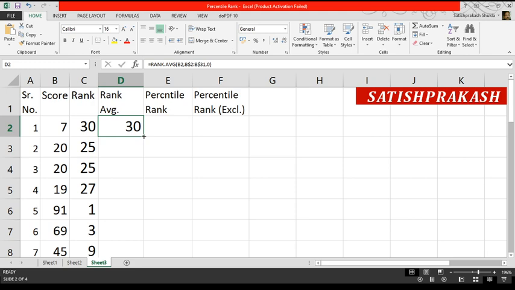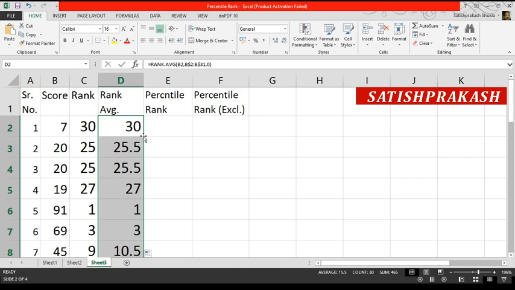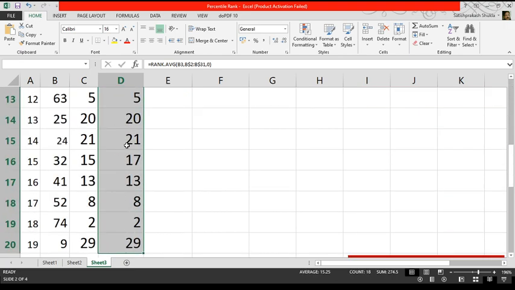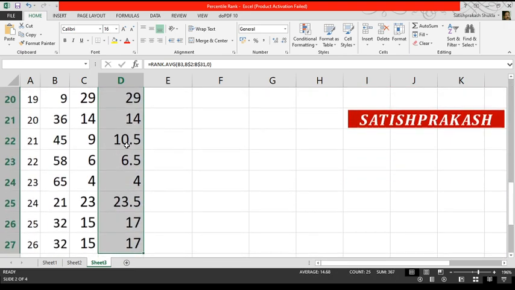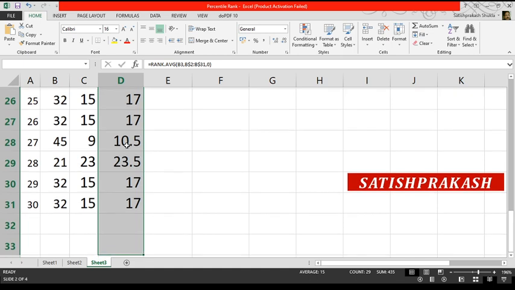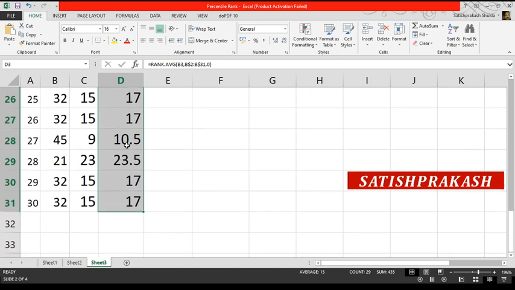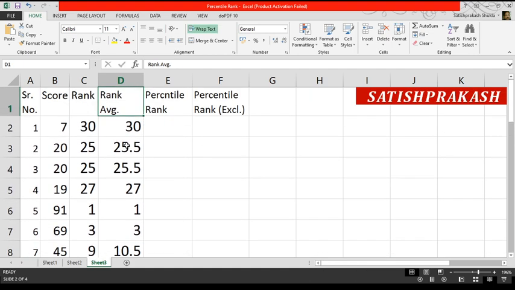Then I click twice, and this function will be copied and pasted to all the cells downwards up to the last empty cell near the last observation. In this way, the ranks of all the observations have been found, and we can see the